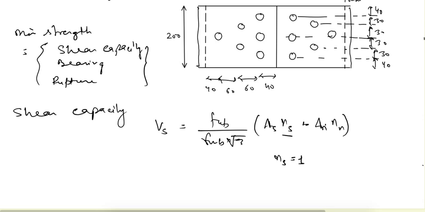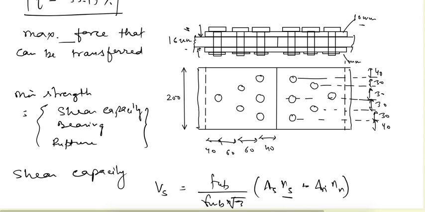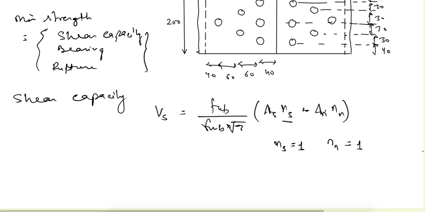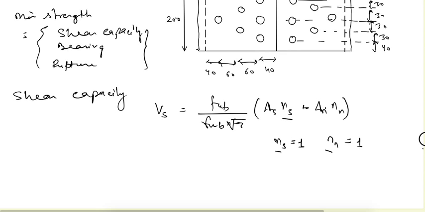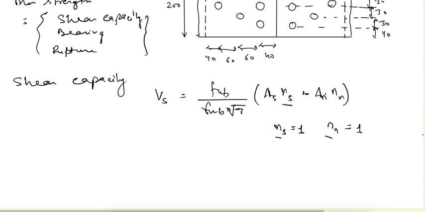Here, this part can be the shank part and this part can be the root part. So we have two shear planes, one passing through the shank and one passing through the thread area. So the As, that is the shank area, is equal to pi by 4 into d